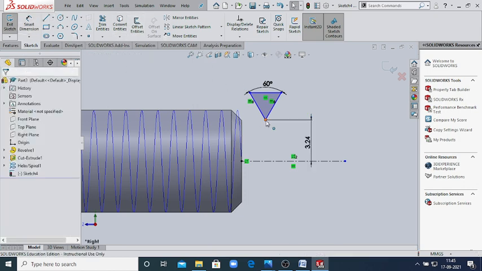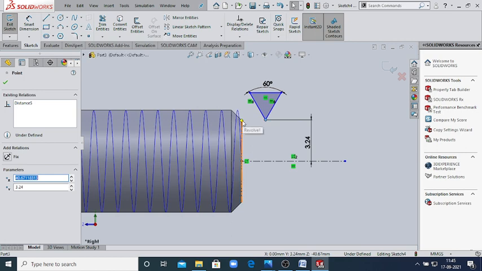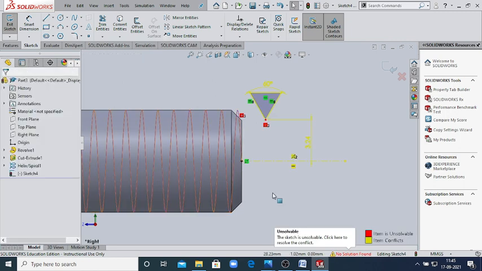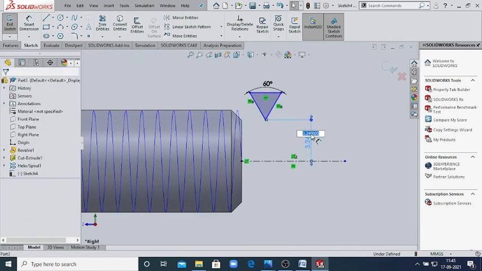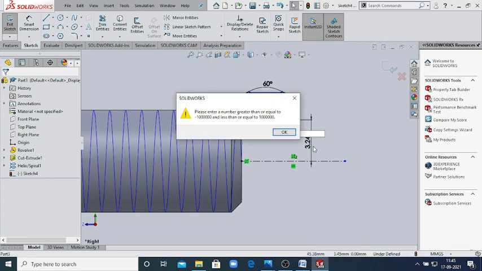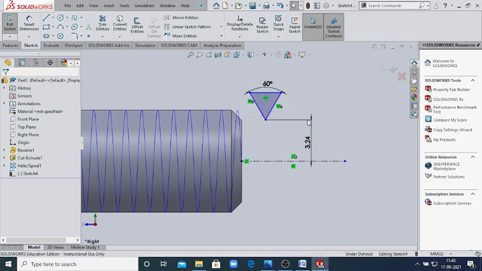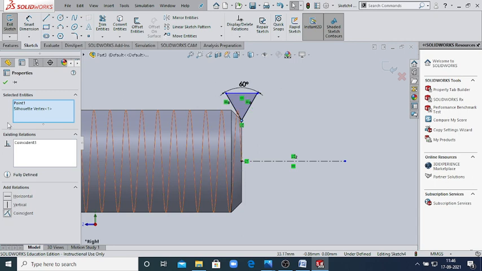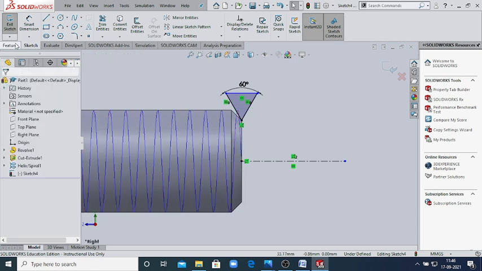Now select this point and select this point, then coincident this point. Select this point and this point, then coincident this. Now exit.